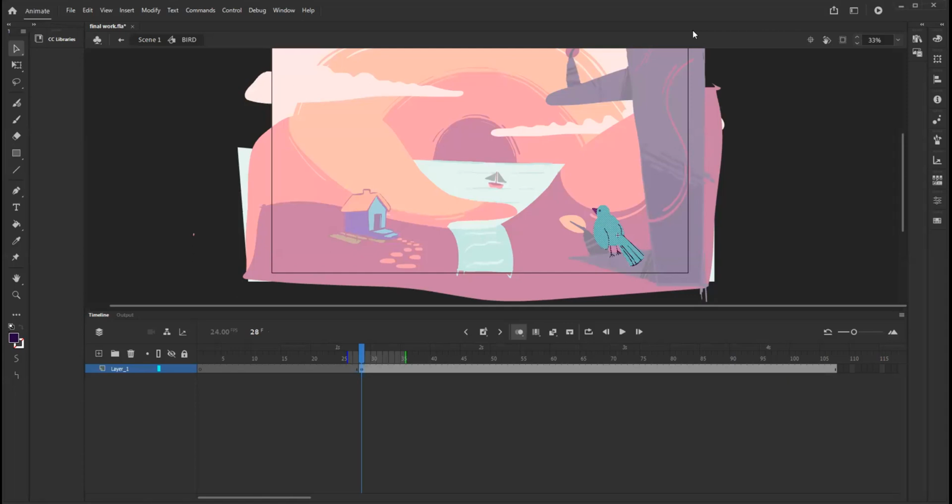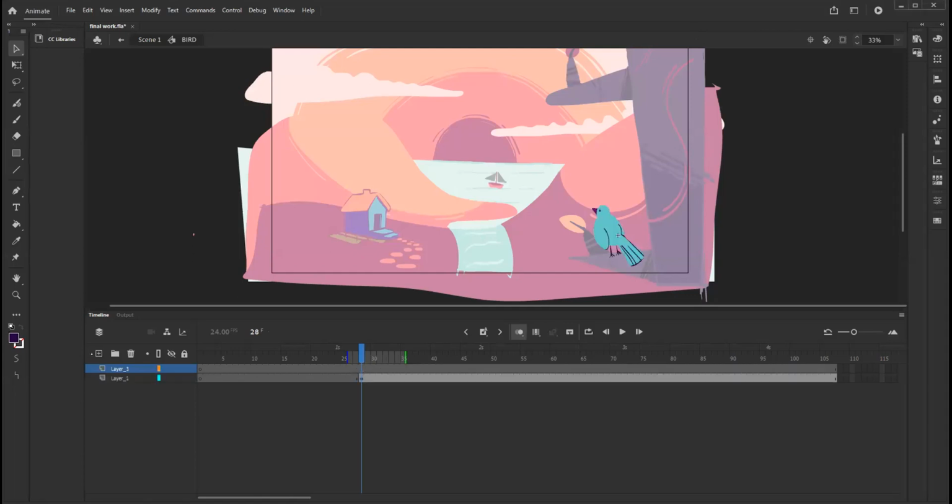Okay, so now that we have our bird here, we will make a new layer and this will work as a guide. Okay. So as I said, we need to fix the movement first, the keyframes first, right? So what I want is the bird to fly